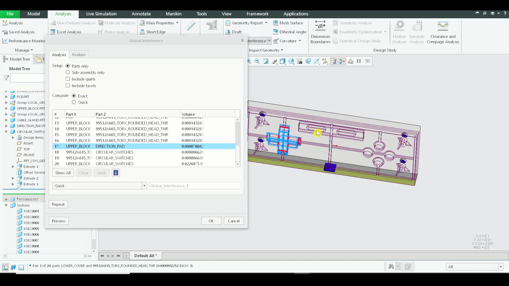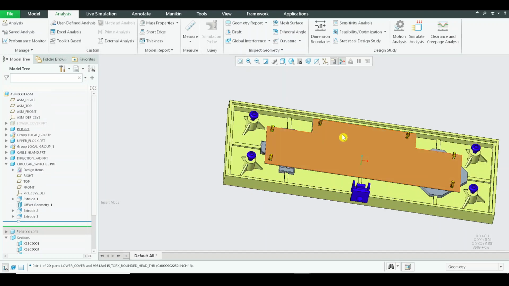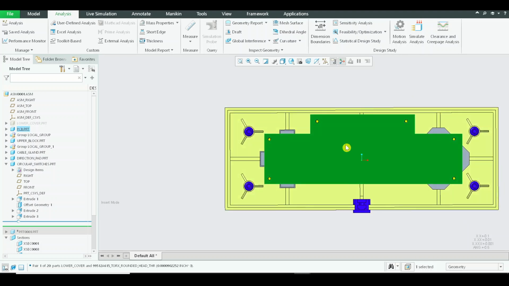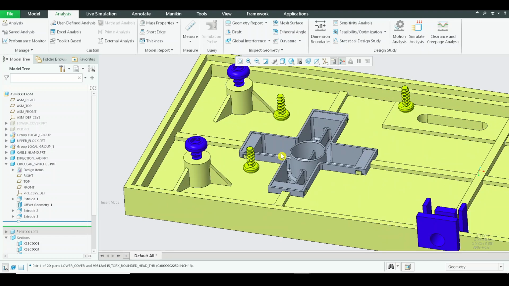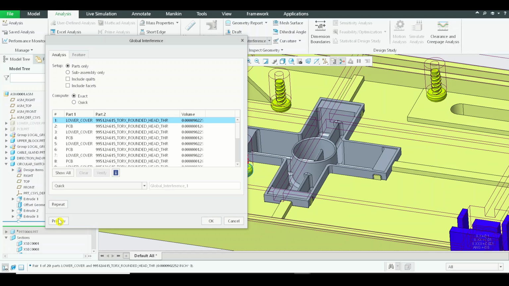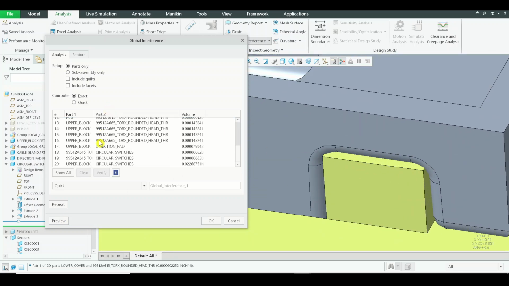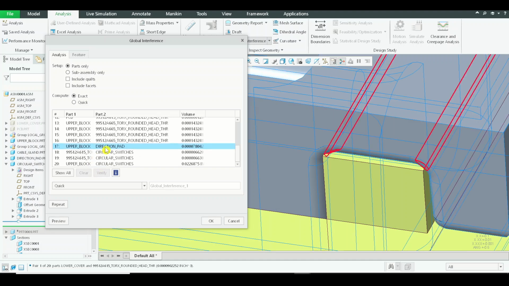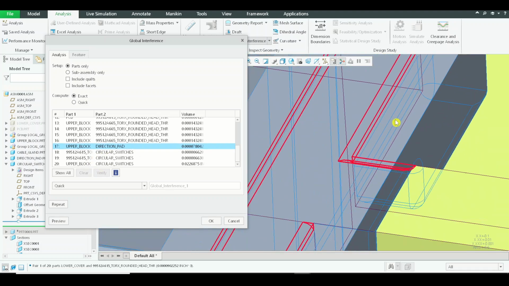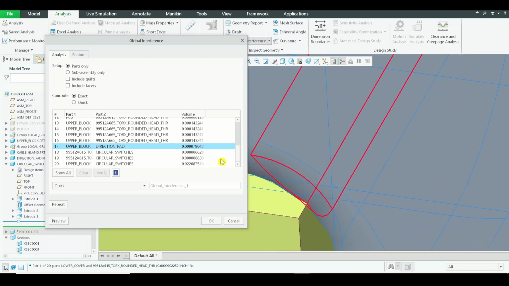Okay, I'll just hide the other parts, because the interference of the direction pad is with the upper block. Now let me come back again and run the analysis check very quickly. I'm suspecting that the interferences will be with respect to the drafts which we have created. I'm not bothered about those, but let us look at them. Yes, you can see that the rounds which I have created are a little larger, and they are slightly interfering with a minimal value of